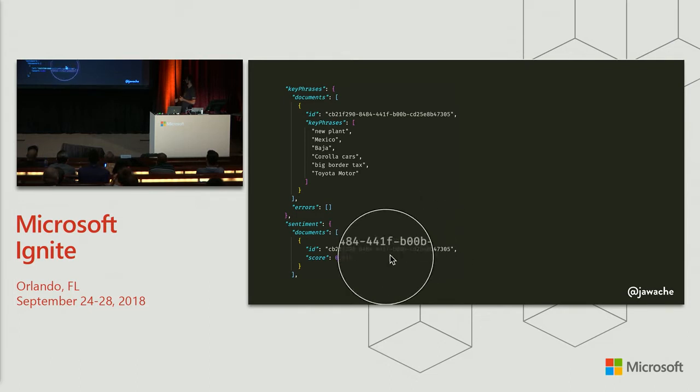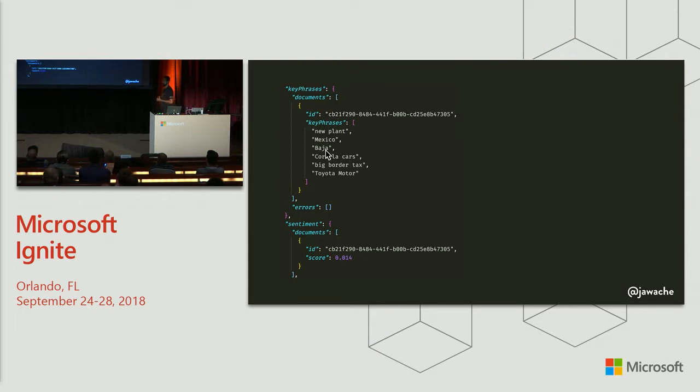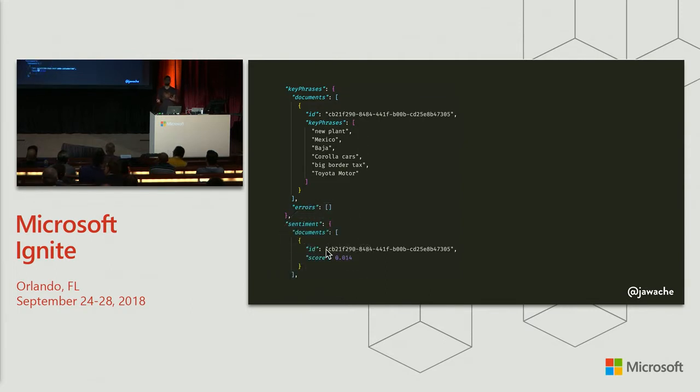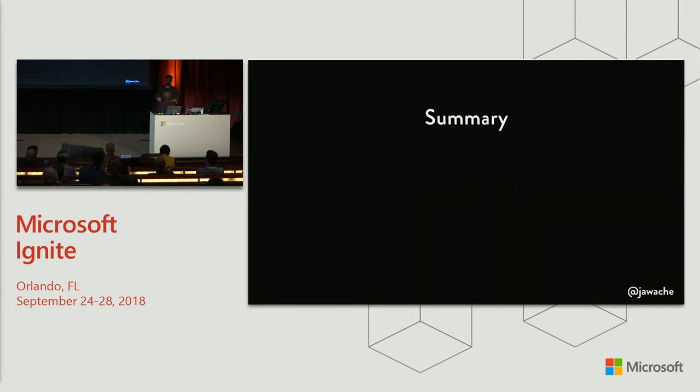So the actual API for text analytics returns a couple of other things. It returns the key phrases of the text as well. So it extracts key terms from the text, which is very useful when you want to figure out if a tweet is about Mexico. And also the sentiment score as well. And a few other things as well, right? So that's the Text Analytics API.